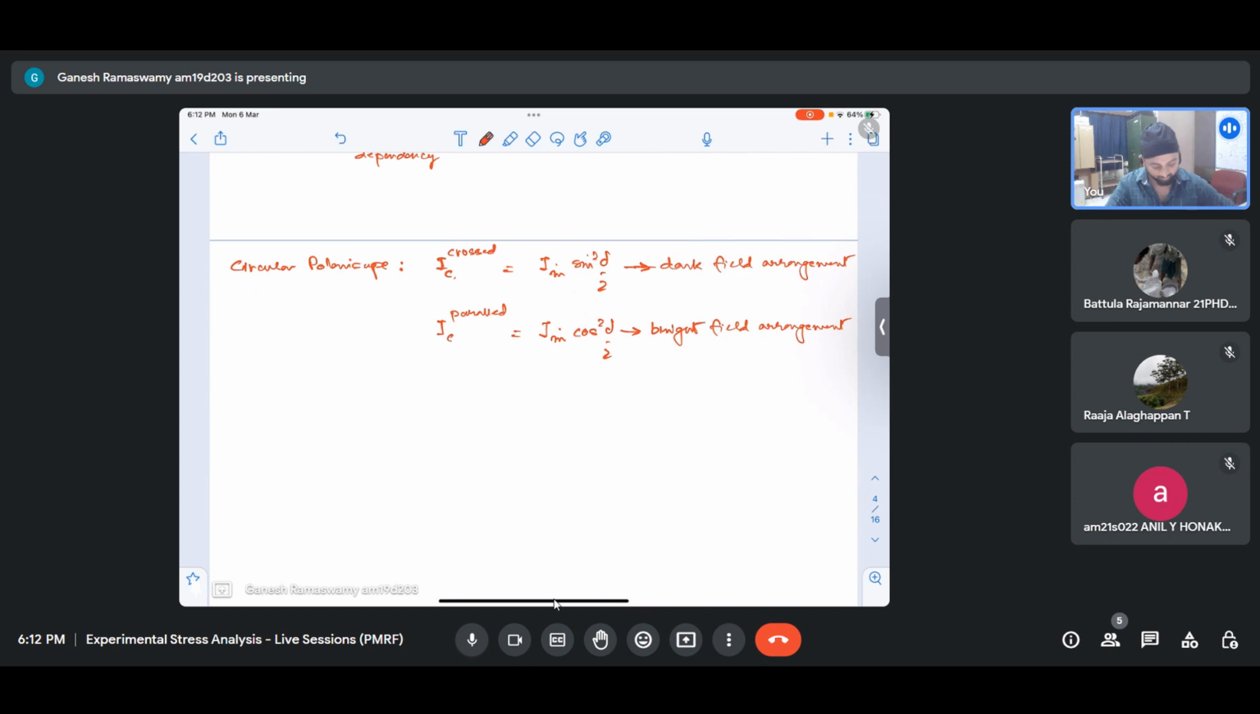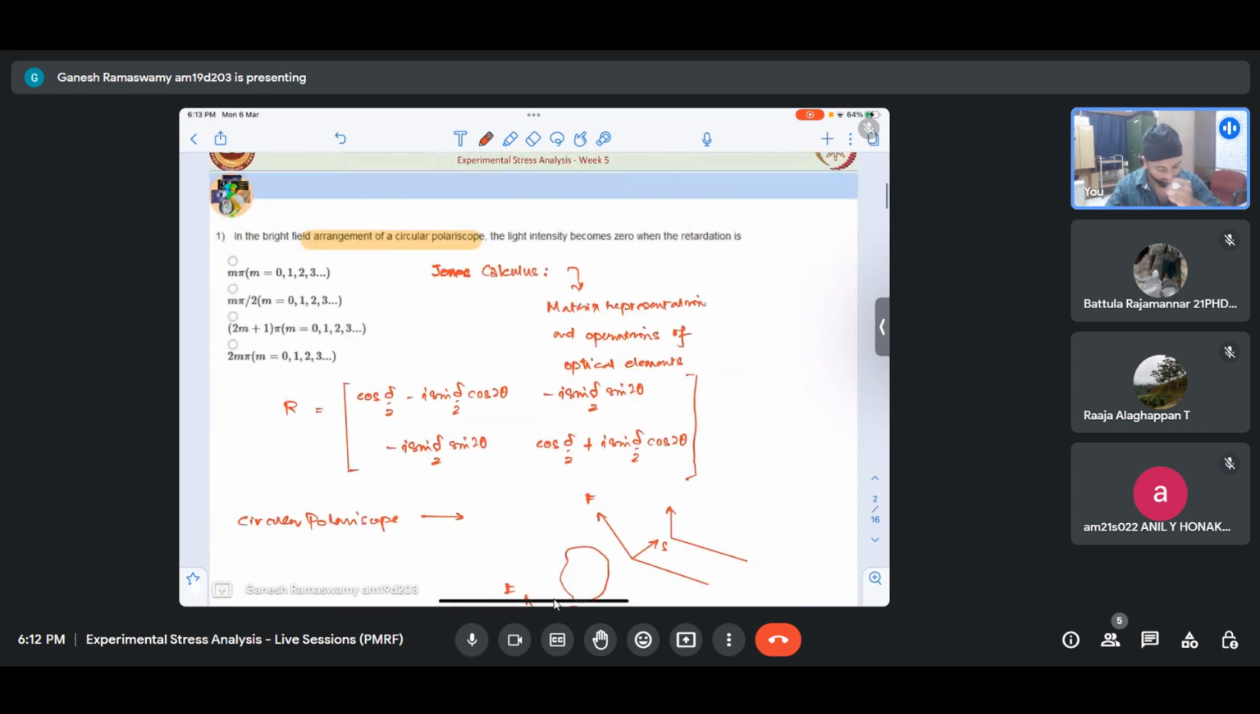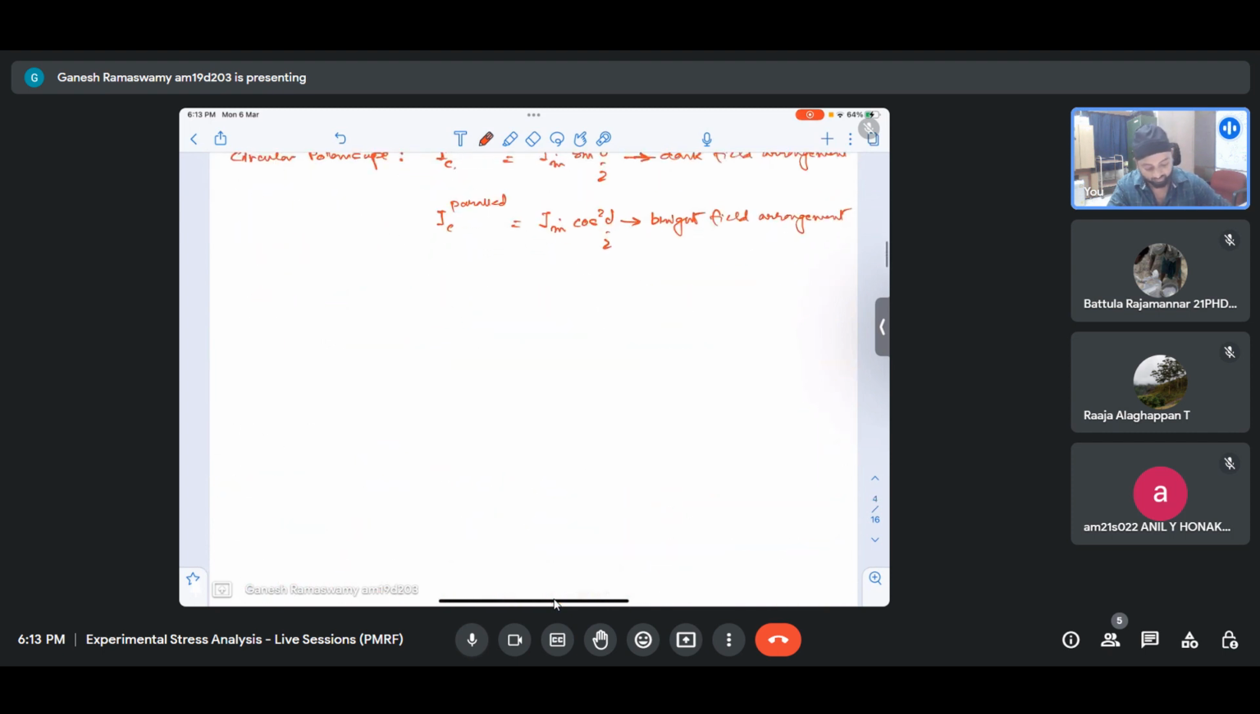So with this background, if we reapproach this question: in the bright field arrangement of a circular polariscope, the intensity becomes zero when the retardation is what? Essentially we are asking when this will go to zero. I input cos square delta by 2 will go to 0 when delta by 2 is either pi by 2, or 3 pi by 2, or 5 pi by 2, and so on. That is, odd multiples,